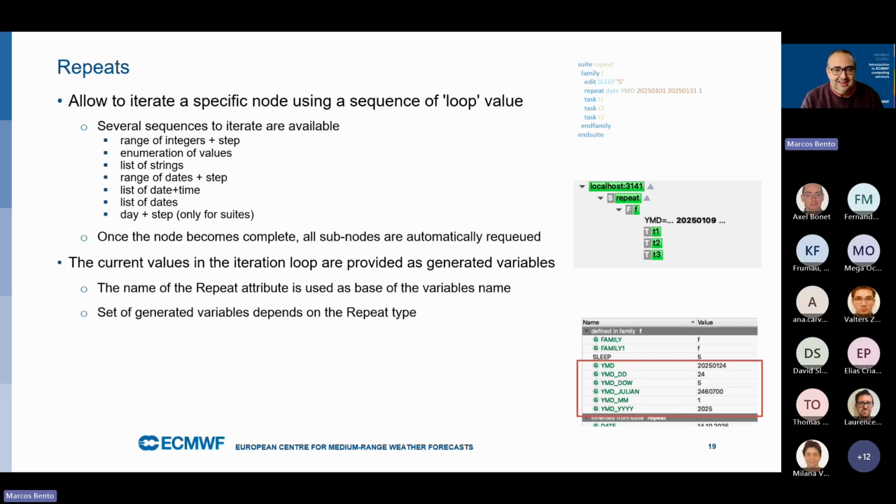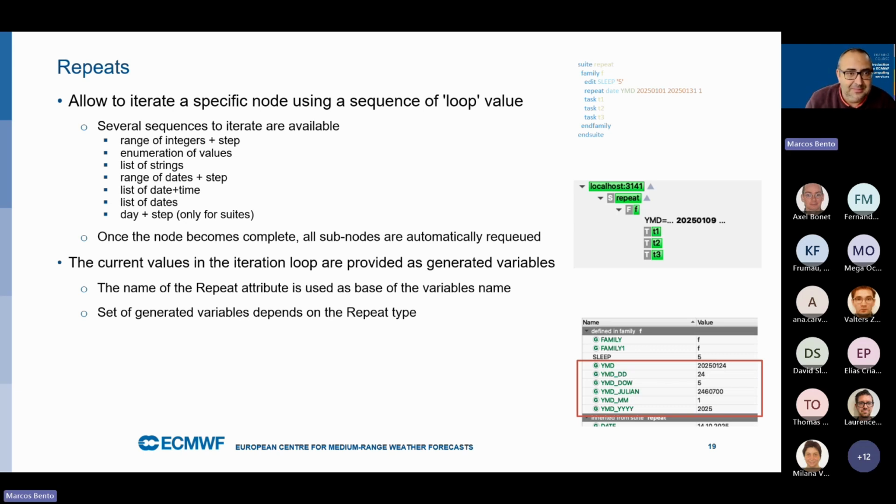Talking about value, how does the task know that I'm running on the 1st of January and then the 2nd of January and the 3rd of January if it's a range of dates? Well, they are generated. These values become generated variables. Okay, depending on the repeat type, there will be a set of